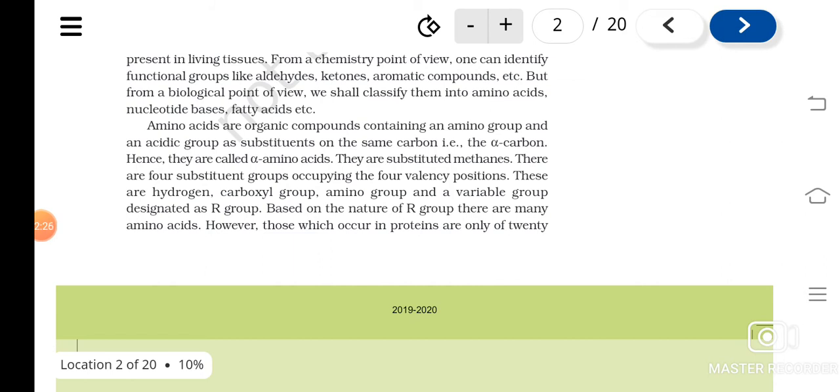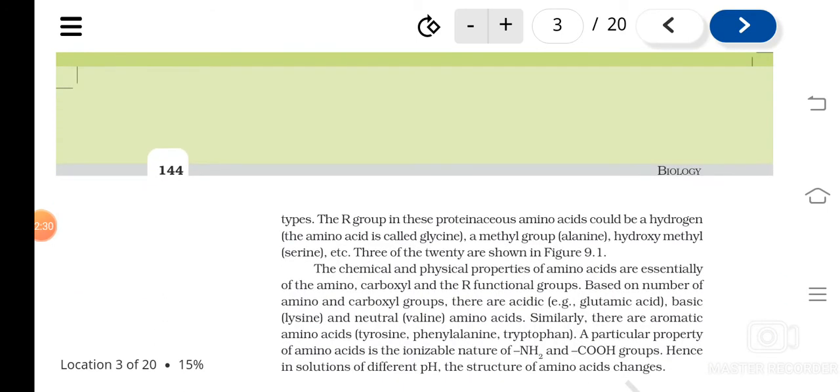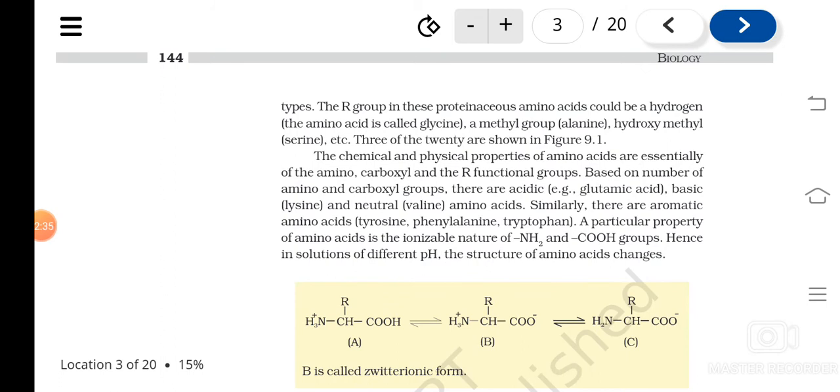Based on that, I have told you there are acidic amino acids, isn't it? Then there is the number of amino groups or acidic groups. If the acidic group or COOH group is more, then that amino acid will be acidic, and we have studied examples. And if amino groups are more, then it is basic, and if the numbers are the same, then it is